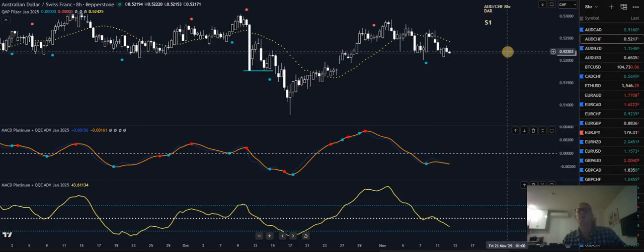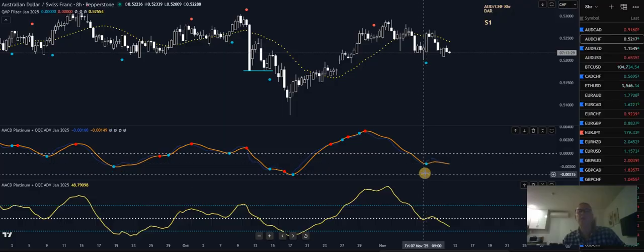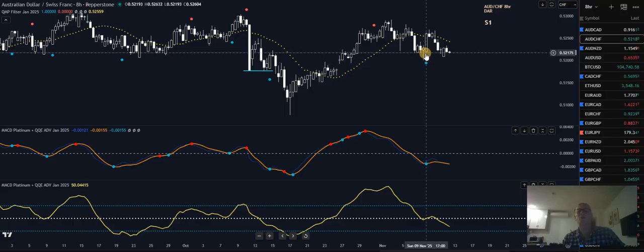Aussie Swiss, no trades on, nothing happening, sort of stuck in no man's land. Last signal was this buy, which is not valid, even though it's a valid high probability setup or a MACD Platinum setup. To me, there's no divergence, no major support, no major resistance level, anything like that. So I just ignored it. In hindsight, it worked out all right.